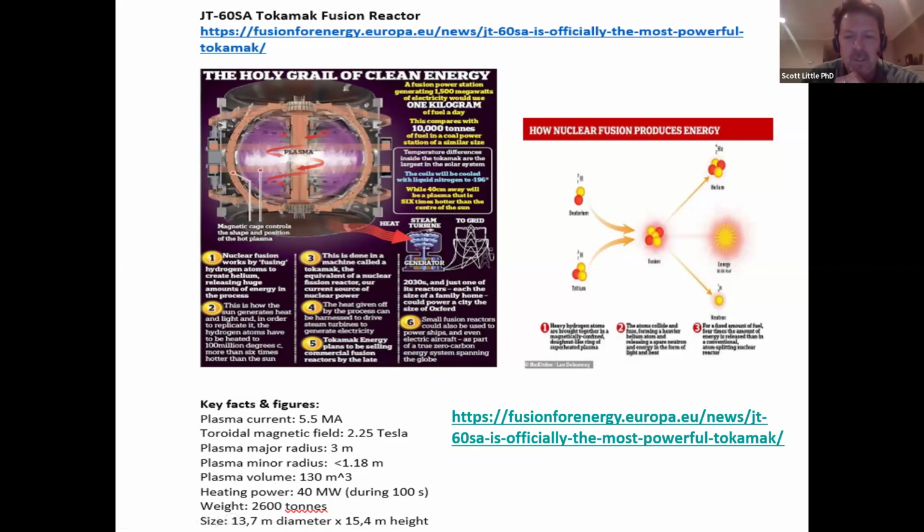So lots of big. Oh, sorry, did someone have a question? Okay. Lots of big energy going on there. But that's how an actual fusion reactor works. So I just had kind of a toy version of that.